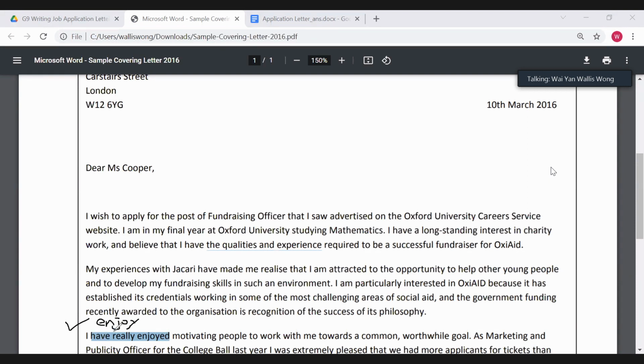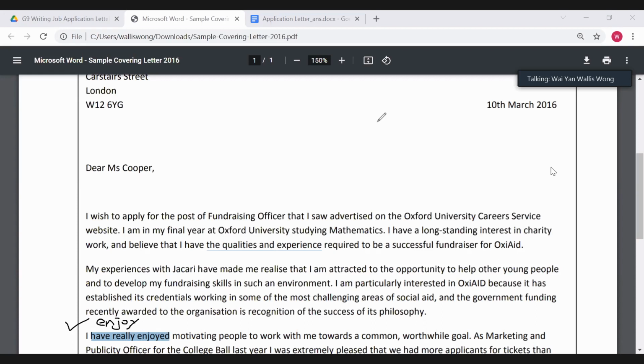However, if you say I have really enjoyed, then you are talking about your work experience. Understand? Okay, so either one, present tense or present perfect, but not past tense. Past tense means that you do not have the quality now. Okay,